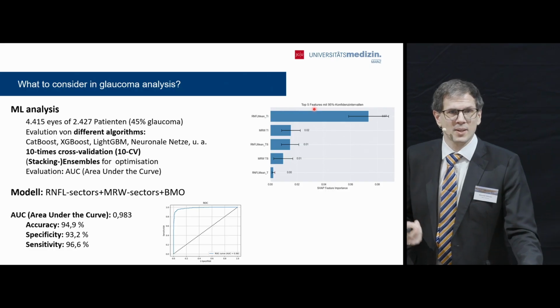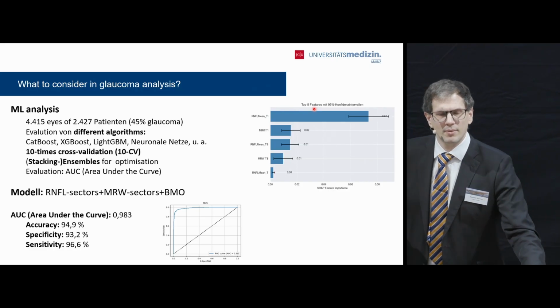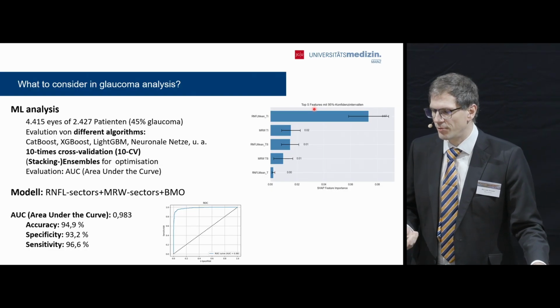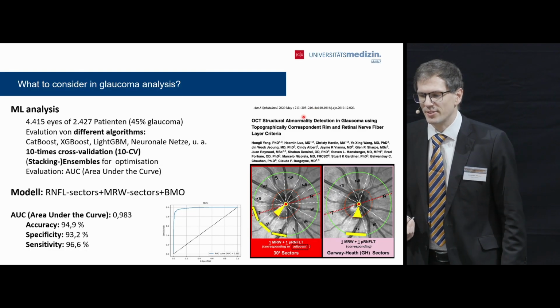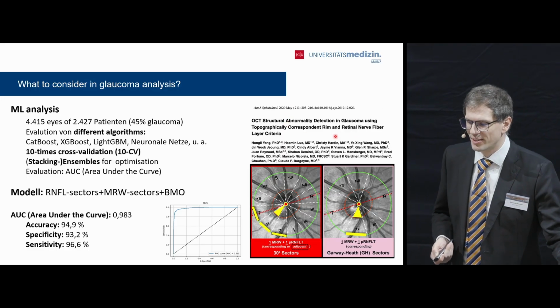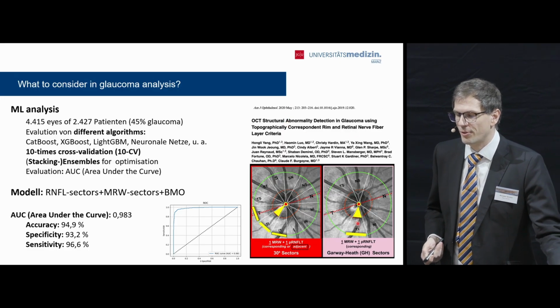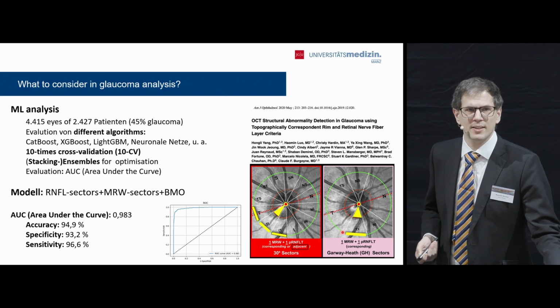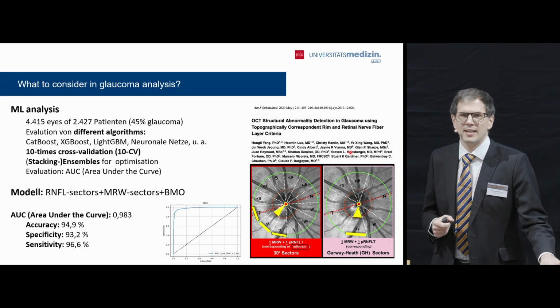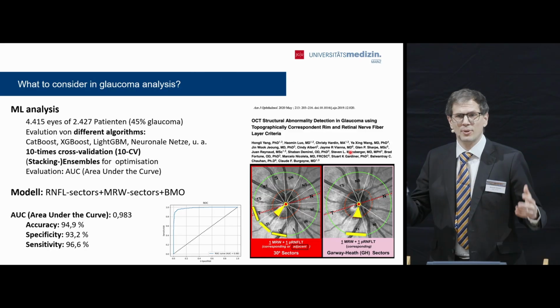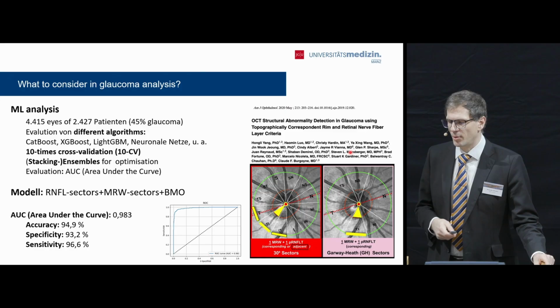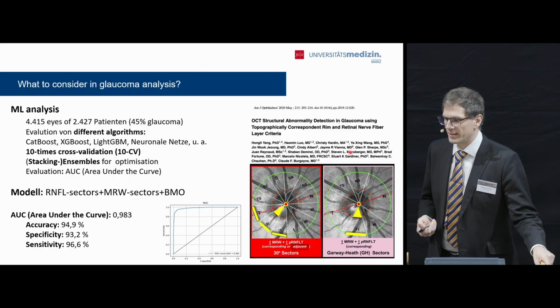but could be repeated or shown again as we thought before. And it's what was published a few years ago, showing that if you have a corresponding defect in MRW and the RNFL in one sector, temporal superior or temporal inferior, it's quite likely that it's glaucoma, while if you have other deviations, it might be other optic neuropathies behind.